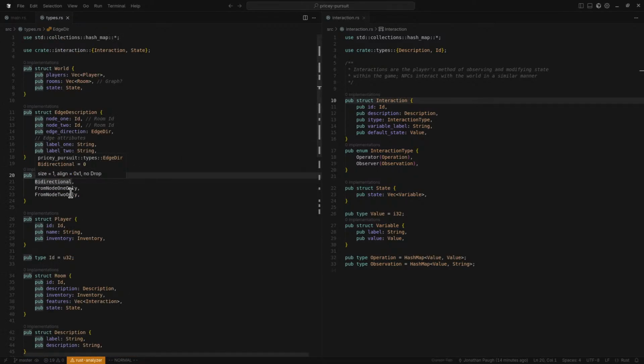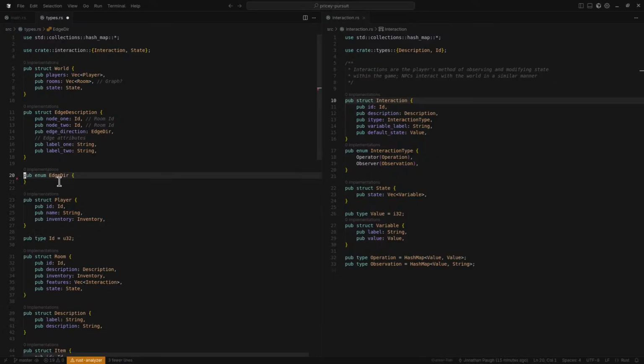I forgot to check. Oh, wait. Oh, I just realized something. An edge can be, if every edge is one-dimensional, like, let's say, okay, I wanted to have bidirectional edges. But if every edge is unidirectional,